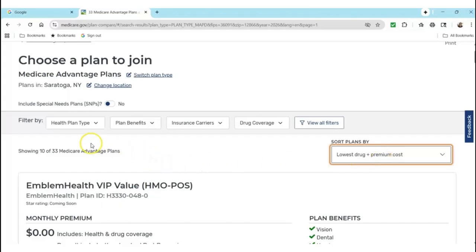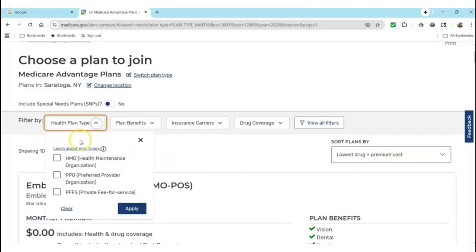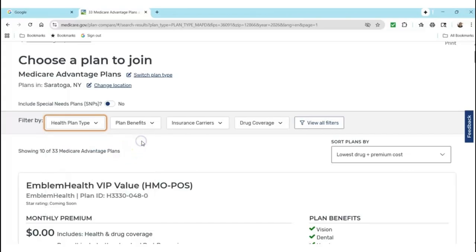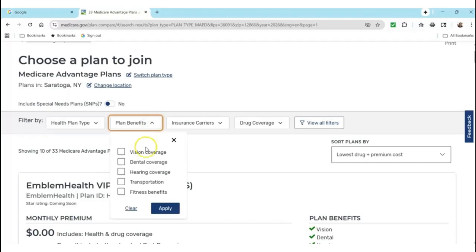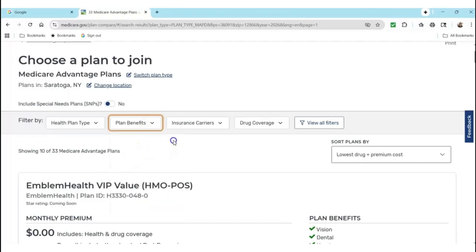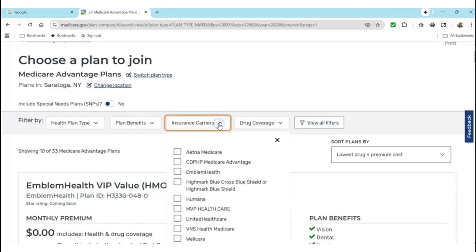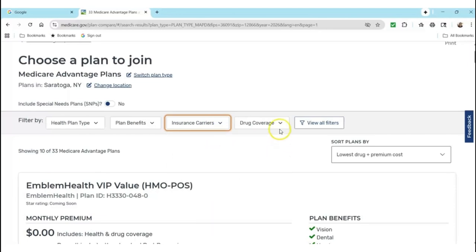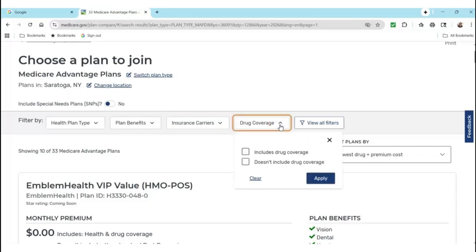There are also selections you can make here. You can say, I'm only interested in an HMO or a PPO. I'm not going to do that right now. I can select plans that have certain types of benefits. I'm not going to do that. I can just select certain insurance companies if I'm interested. The only thing I'm going to select right now is drug coverage, because some of these plans do not include drug coverage. So I'm going to say yes, I want to make sure I get a plan that includes drug